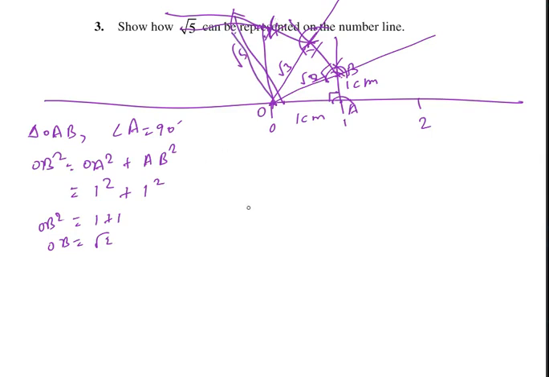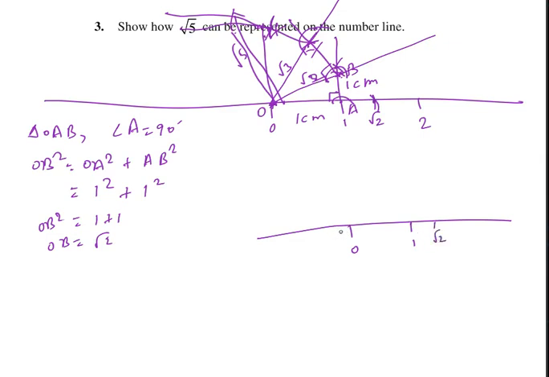Like this we can also do it in another way. Suppose this is 0, this is 1, and the distance of root 2 we can mark on the number line. It will come after 1. The same distance from O to B is root 2. The length of O to B is root 2. If we take the same length in the compass and from O draw an arc over the number line, we can represent root 2 on the number line.